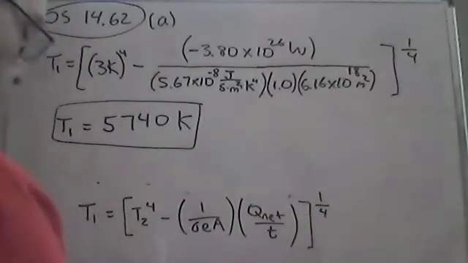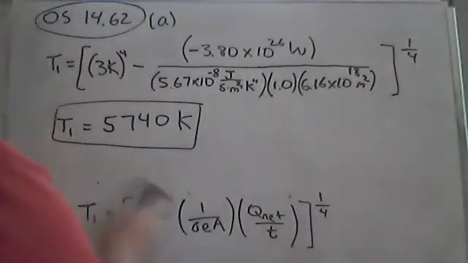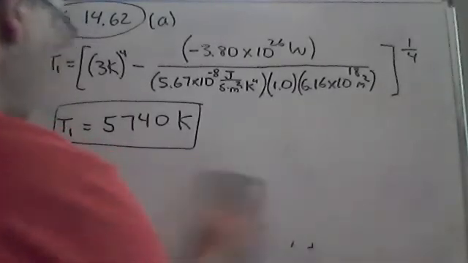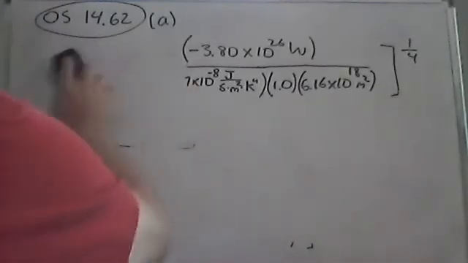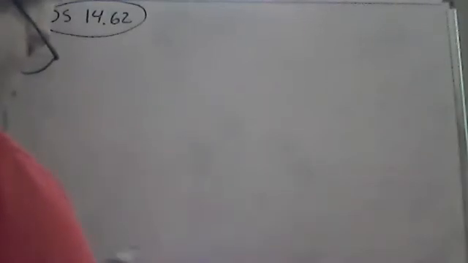Okay. Now we want to keep note. Or actually, we're good with this. This is part A. Part B and C do not depend on this. So I'm going to erase all of this. We have the temperature of the sun. Now, the next question is part B asks,